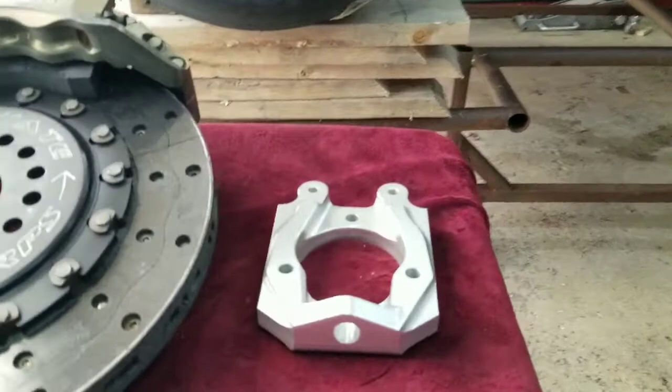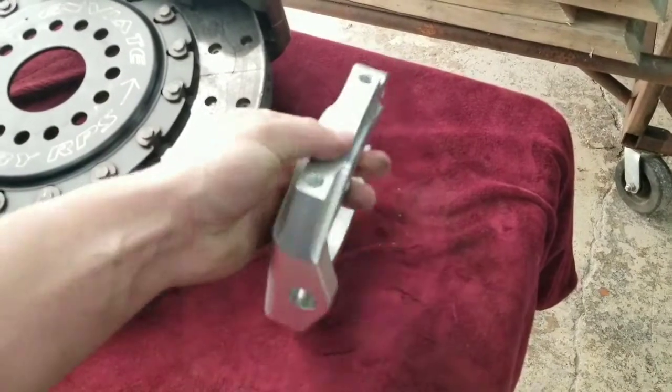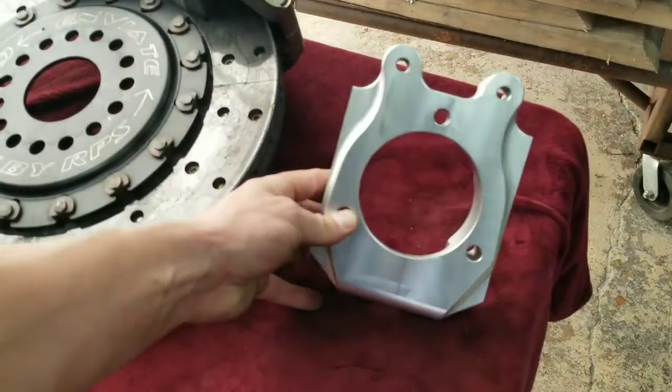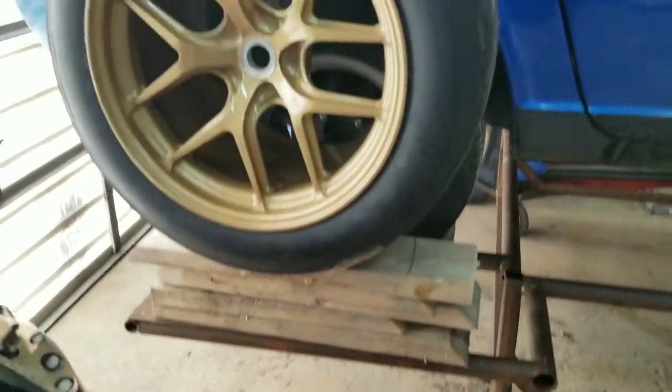Here is the upright made by Palatov Motorsport. We use these on the Zenviate program. Consequently, we have everything fixtured for a complete bolt-up solution once we get the chassis integrated. Obviously,